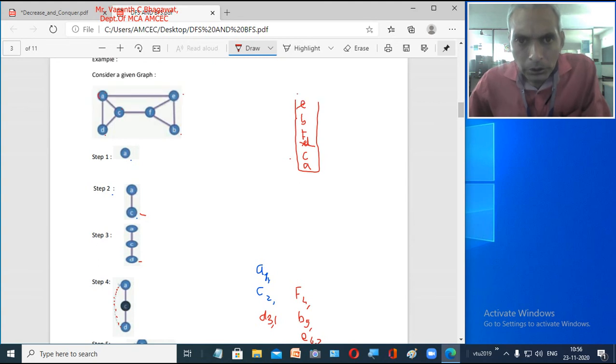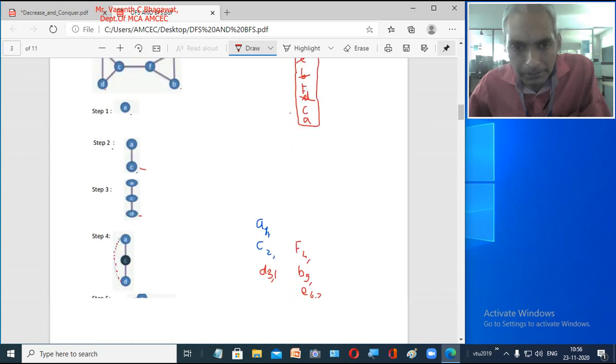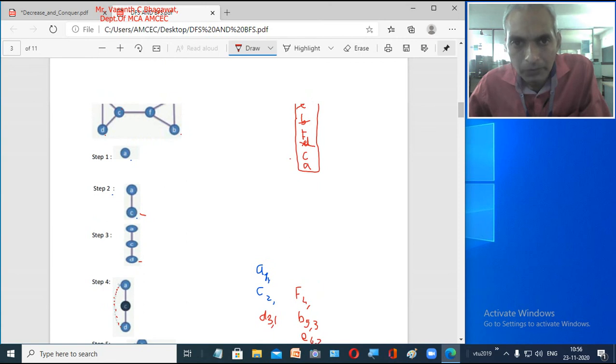So we have removed pop E, so we will backtrack. The next node we are coming to is B. Now B, E and F are both already visited, so this becomes a dead end, so you have to remove B from your stack. So where is B here? Now B is the third node which you are going to remove. So this becomes 3, 3.